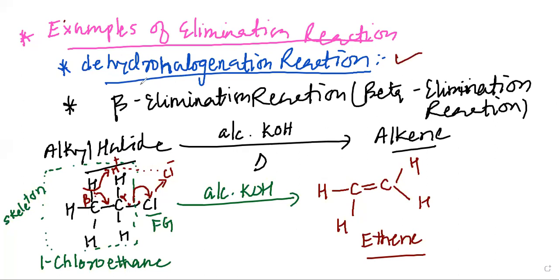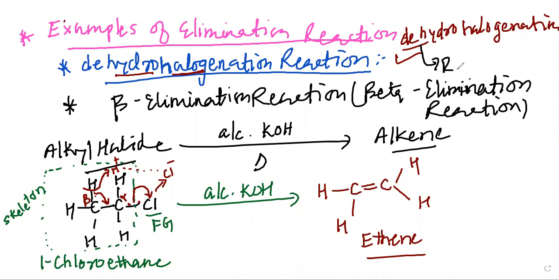This reaction is known as dehydrohalogenation. Please remember, dehydro and halo. So what is the meaning of hydro and halo? D means remove. So D simply means remove. And what is being removed? Hydrogen is removed. You can see that hydrogen is removed and halogen, that is chlorine, is removed. So we can remove Cl, Br, I, this kind of substances. And then we get the dehydrohalogenation reaction.